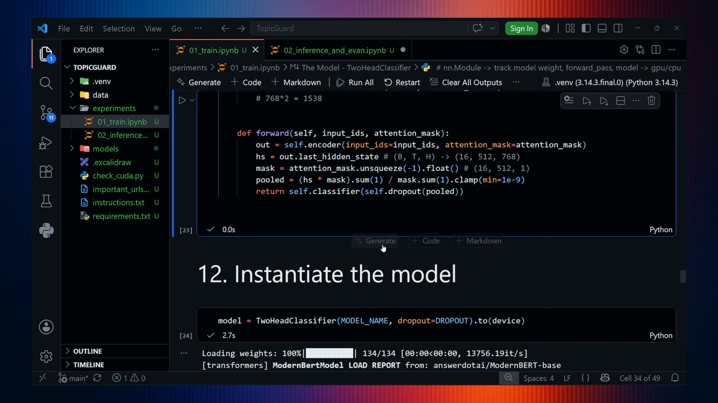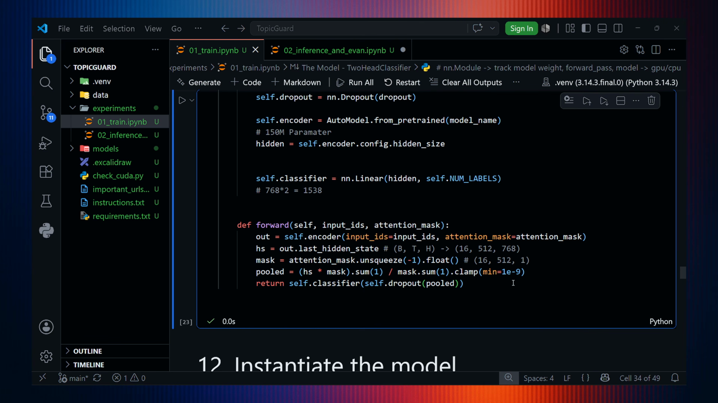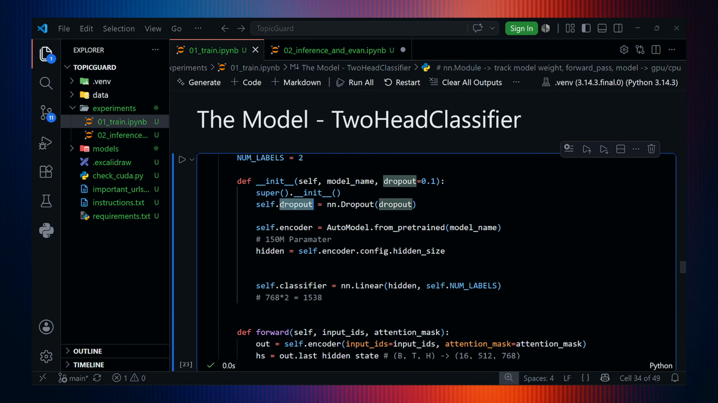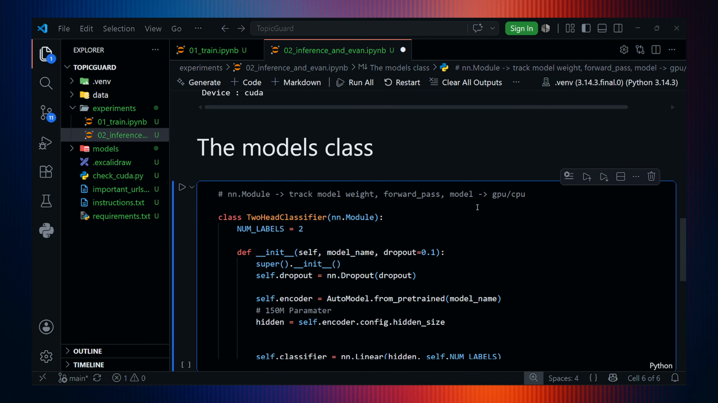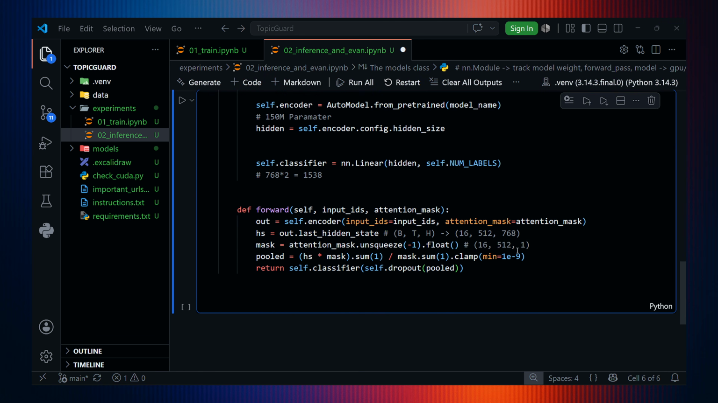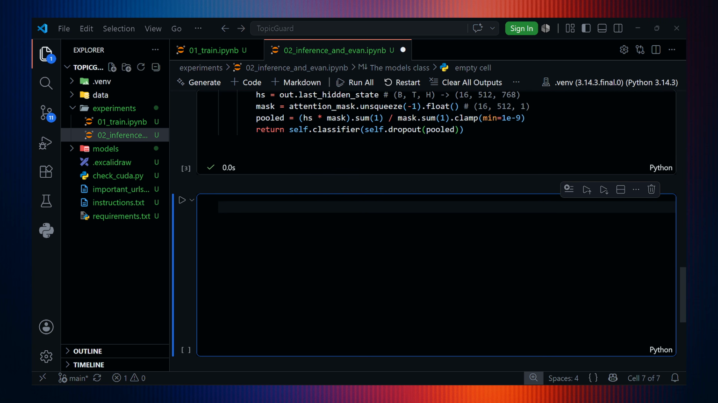So we will copy and paste the whole thing here, because on this object we need to load the saved model. Let me copy the whole thing and paste the model. Okay, whatever it is, let's run it. Once this part is done, then